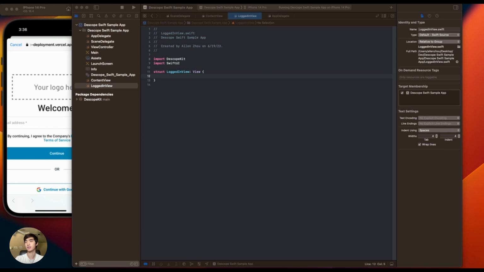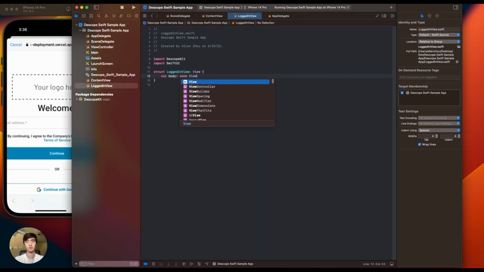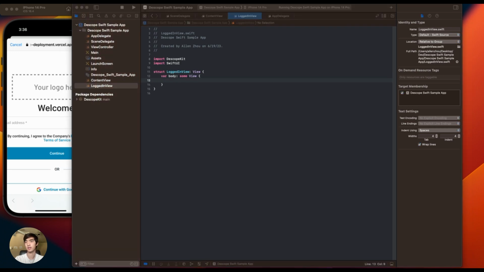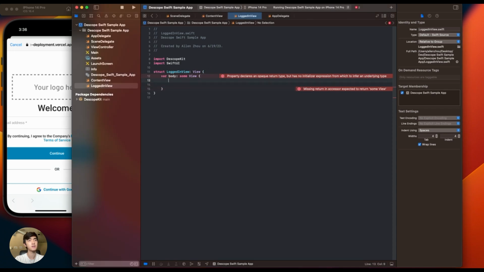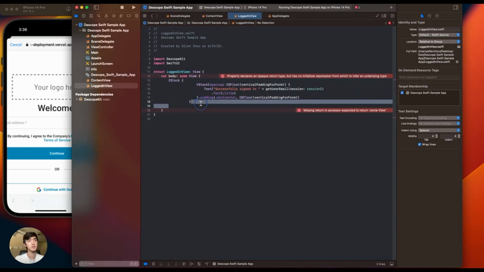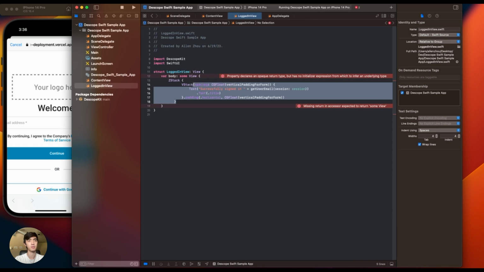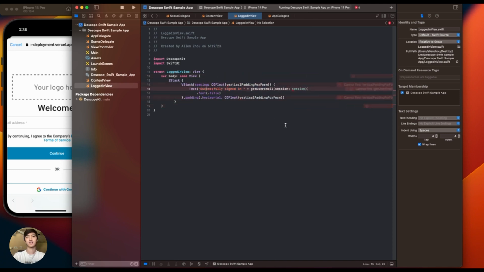Go ahead and we set up the body. In it, we'll add just a stack that basically says successfully signed in,